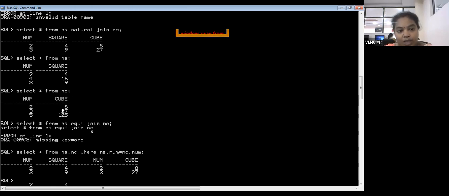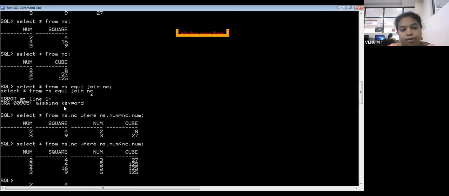Next, we have to observe outer joins for these two tables. What is meant by less than or equals to? That is theta join. Theta means a condition: equal to, not equal to, less than or equals to, greater than or equals to. First, if it is less than, what is the output? All fields have to be combined. So 2, 3, 4 are less than the NC fields, so 3, 5 has to be displayed. Okay, here you have to observe outer joins.